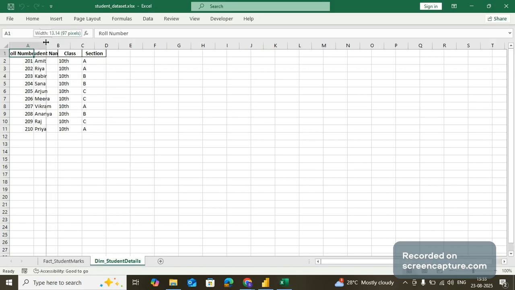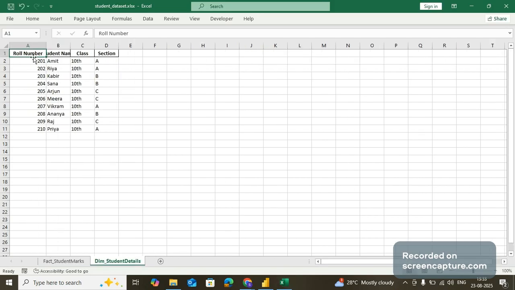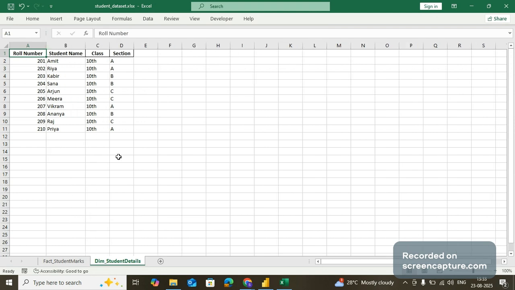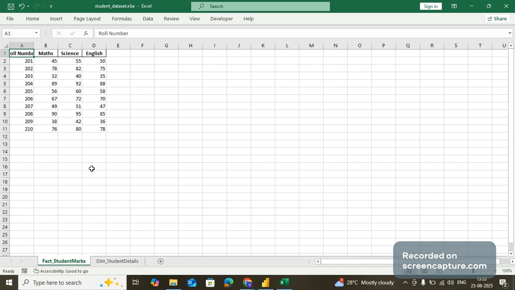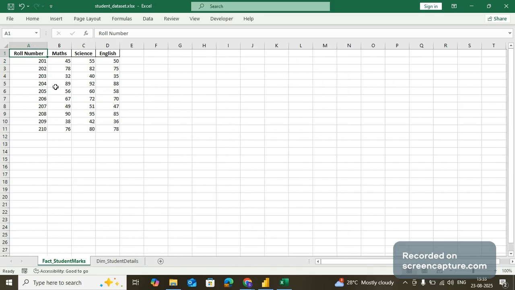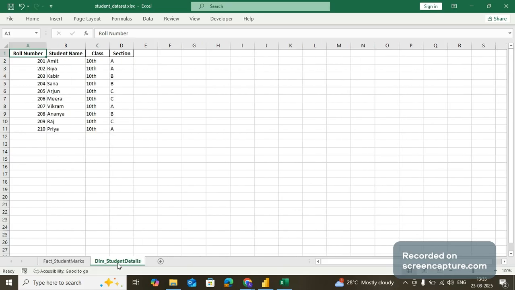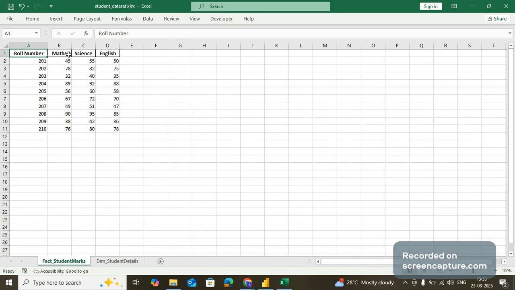where in the dimension table I have roll number, student name, class, and section, and in the fact table, I have roll number and the respective marks of the student in math, science, and English. And the requirement is we need to calculate the overall percentage of all the